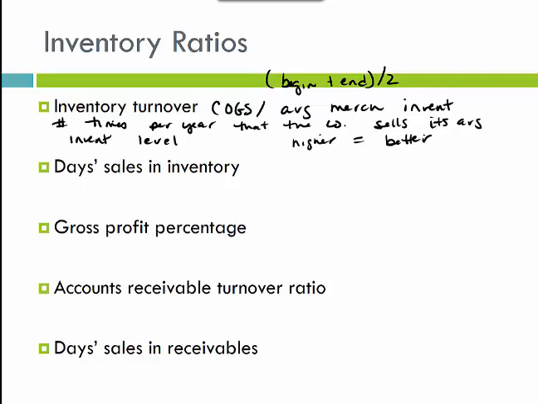That means that you are selling it quickly and restocking. Another way to look at this exact same number is the days sales in inventory, which is 365 divided by that inventory turnover that you just calculated. So once you calculate inventory turnover, you can calculate days sales in inventory. That is the average number of days